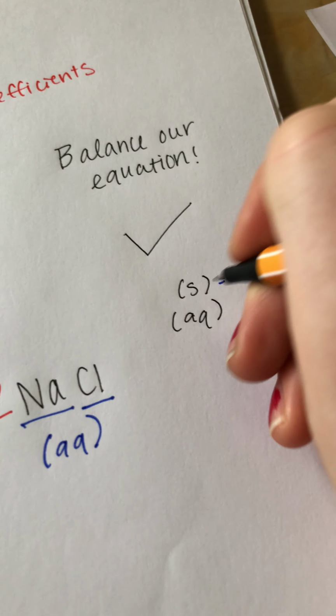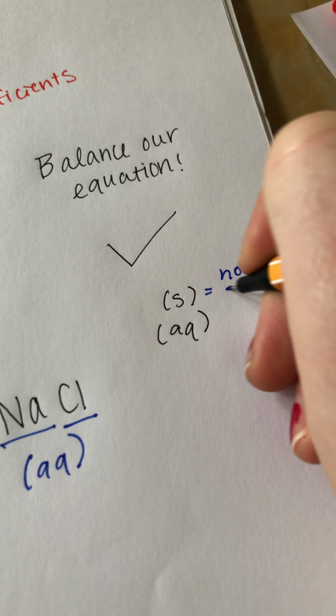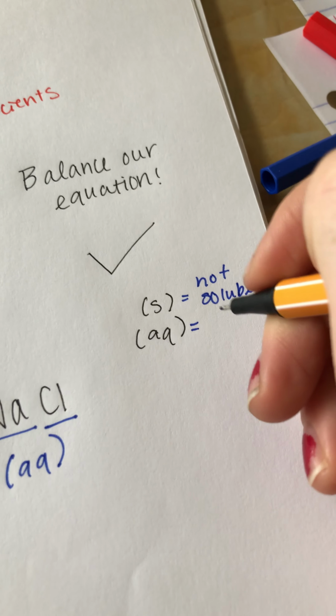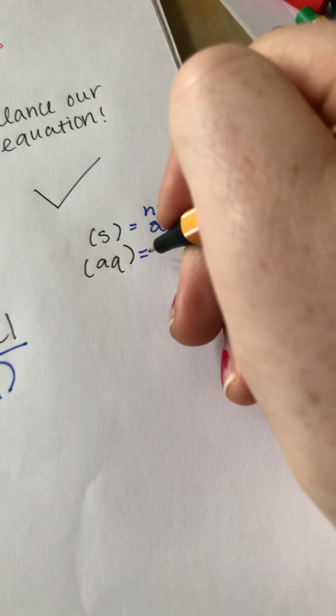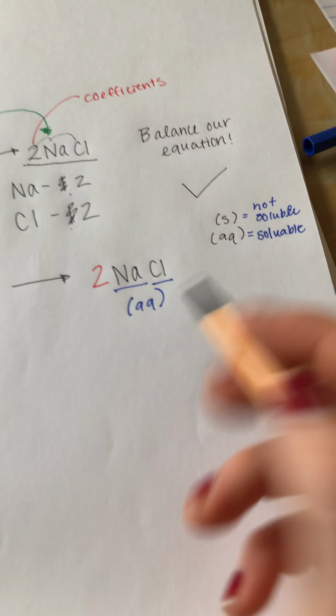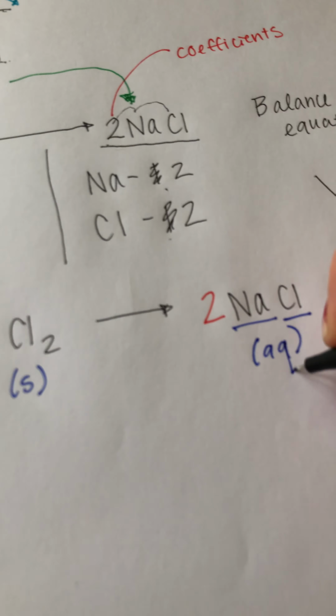Just to remind you, solid means not soluble. I know it's a little confusing. I can't spell soluble either. And aqueous means soluble. There we go. Okay, so see how we determine that? If it's alone, it's a solid. Since this is a compound, we went to our chart. We saw that sodium matters and that sodium makes it aqueous. So now our final step is to write our final